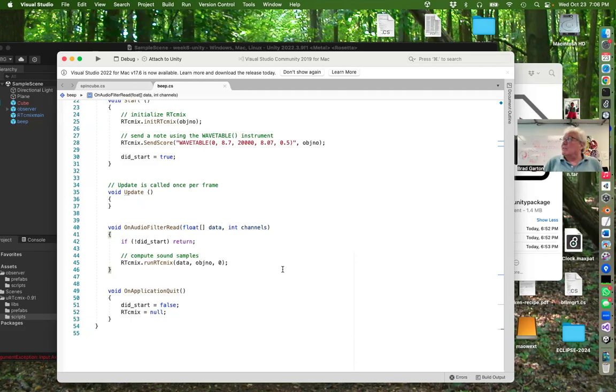Okay, so this is all we need to do for now, all right? We're going to modify this later, okay? And then this one, just copied over, that's what has to happen when you quit, otherwise it'll crash. You have to say did start is now false, so it will no longer actually do any of this. That's if not did start, so if it's false, and if it's not false, that means it's true, so you